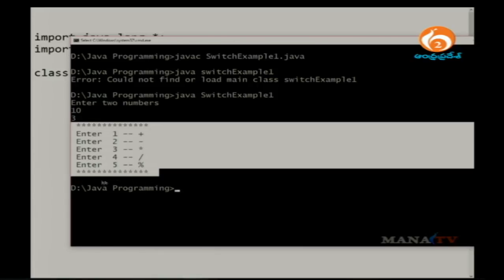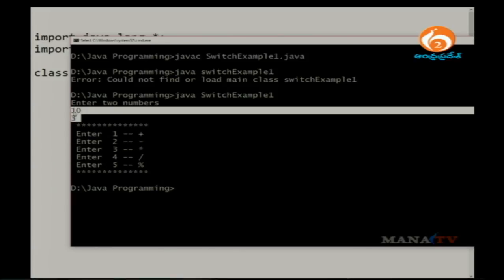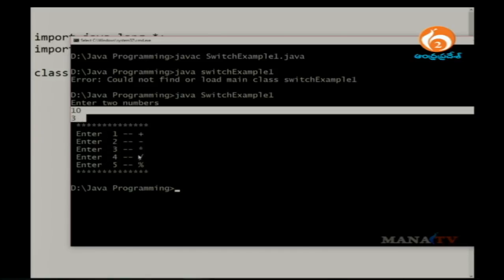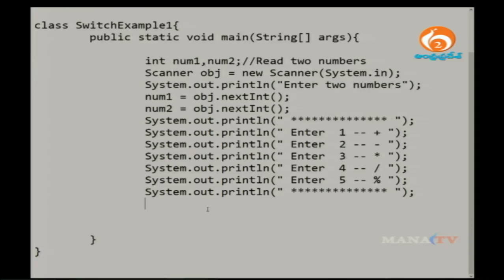Now I need to extend my program. I need to enter the choice. If I enter 1, my program has to show me the addition of 2 numbers, and the output I am expecting is 10 plus 3, 13. For example, if I enter 3, it is cross multiplication of these 2 inputs, 10 cross 3, and the output is supposed to be 30. Yes or no? Alright, now let me ask the user with System.out.println,